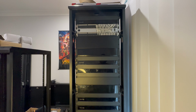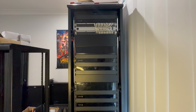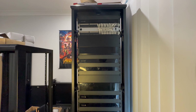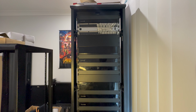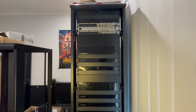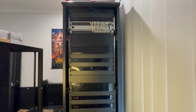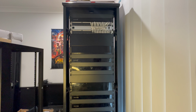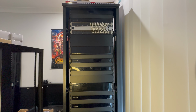So this is the second rack. This is the Big Daddy, another 42 RU rack. We're going to go through all this in great detail, but just to reiterate, the first video was the first rack, the termination rack. All the wires in the house will terminate into that rack, and from this rack here it will connect